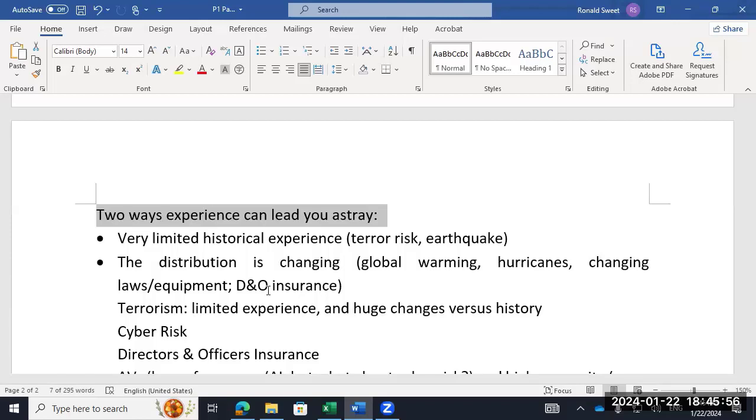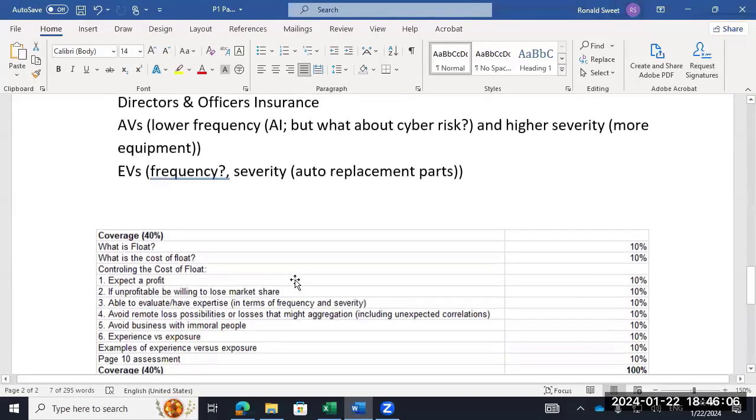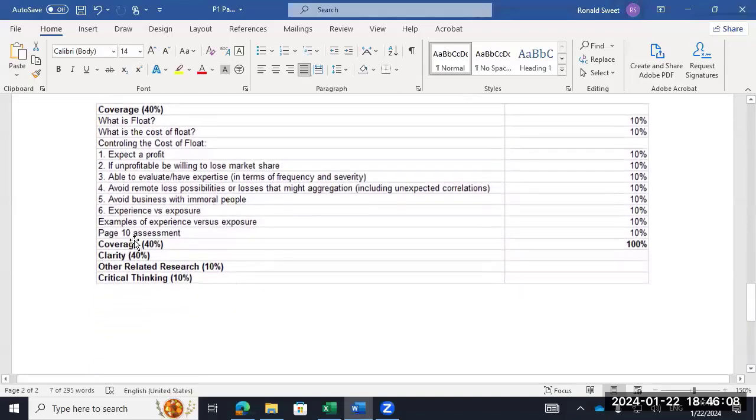And those students, I'm pretty sure, wrote their paper relying entirely on the article and not looking at class notes and not looking at the rubric. So maybe I've caused some of the problem here. So that's essentially 20%. You got to explain experience. You got to explain exposure. Some students really struggle with how to discuss exposure. He doesn't define it well. To me, exposure is essentially, what are you insuring? What are you promising to do? That's what exposure is.